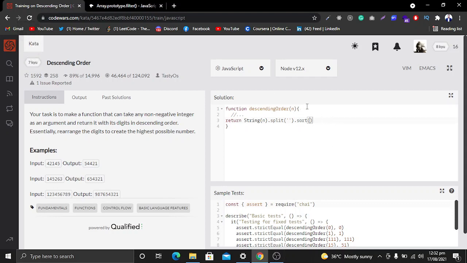So you can see we have received a number and converted it into a string by using the String method, and in the parentheses we have passed this number. Then we want to convert this into an array, so for this we use the split method of the string. Now we have an array of all of these numbers. For example, 4 will be different, 2 will be different, 1, 4 and 5.